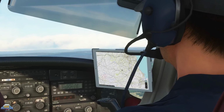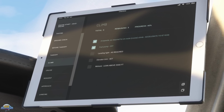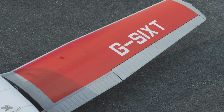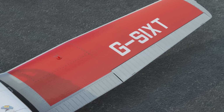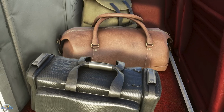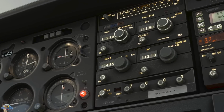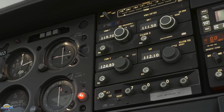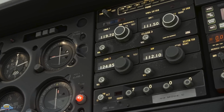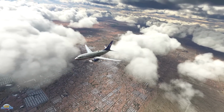Other features that are included in this update, that is now available for PC users at the moment, are flight model updates, dynamic baggage added, improved spark plug fouling, smoother cockpit push button animations, improved look for the illuminated lights, and EFB functionality has been upgraded, including Navigraph compatibility. This is great news from Just Flight, as it means a more complex GA aircraft coming to the Xbox